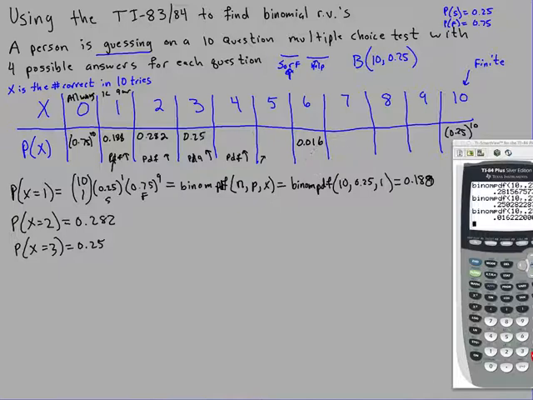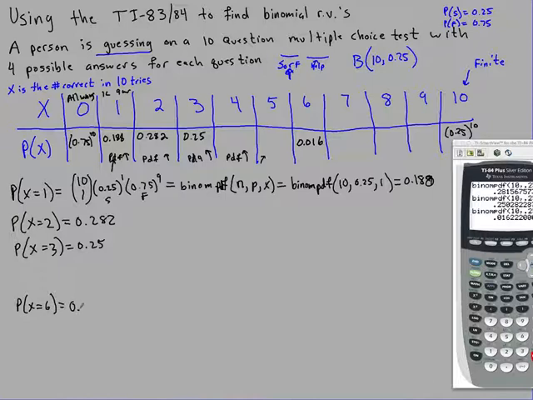Okay, the chances go down. It kind of goes up a little bit and then it goes down. This distribution as it is right now would be skewed to the right. You can see how this one's really small. We do the probability that x